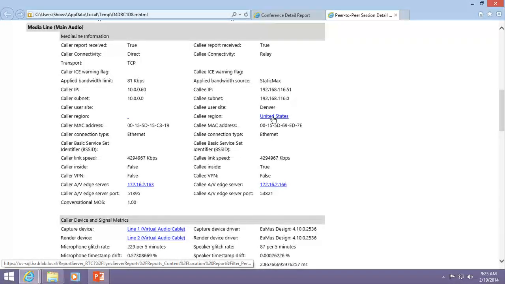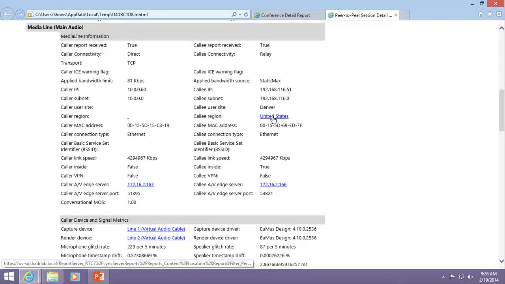The location information server is built into Lync. So as long as you populate those network subnets, sites, and regions, this would appear populated for you automatically. If you didn't populate that, the callee user site, callee user region would just be blank. You'd still have the subnet, right? So it's just by populating those values into the database,